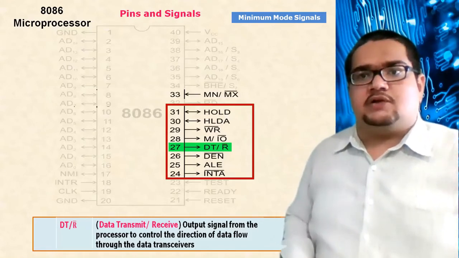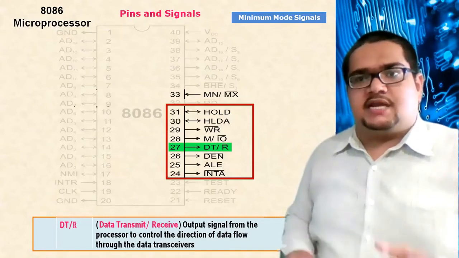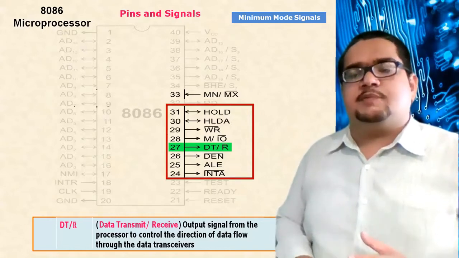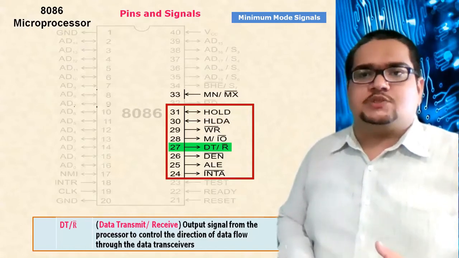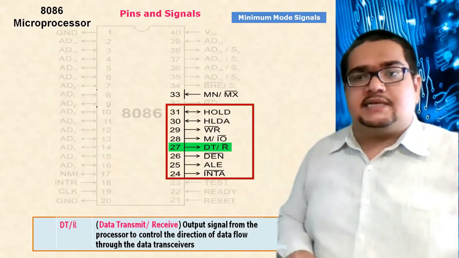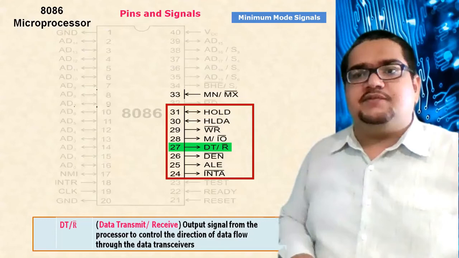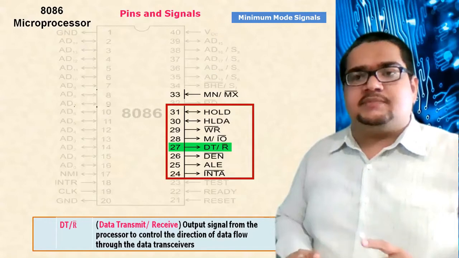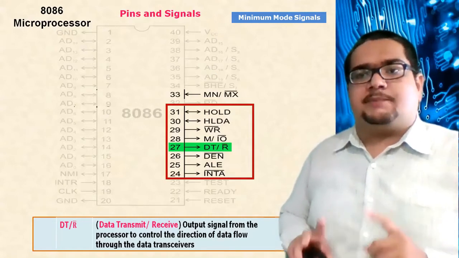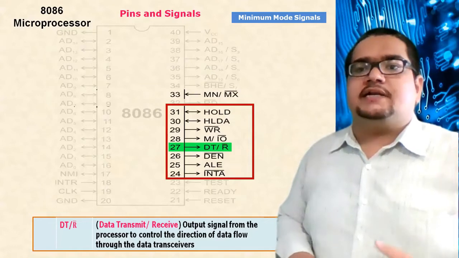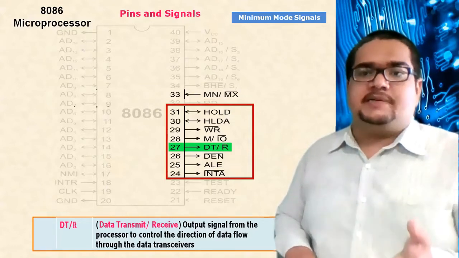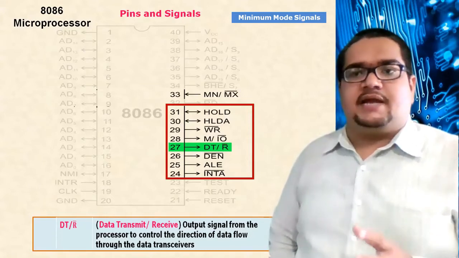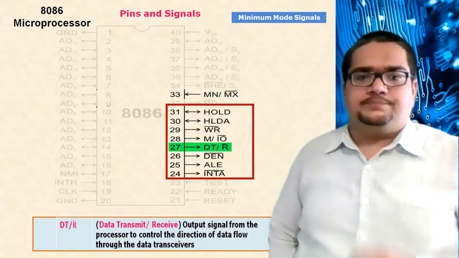Okay, I have earlier told you that on a computer, the processor will be there, the memory will be there, IO device interfaces will be there, and sometimes some additional devices will be there for completing all the computing actions of the processor. And this signal 27, data transmit or receive, is an indicator for all the other peripherals to make them understand whether the data operation carried out by the processor is reading the data, or giving the data out, that is, transmitting or receiving. So that indicator is this one. For transmit, this signal will be high. For receive of data, this signal will be low.